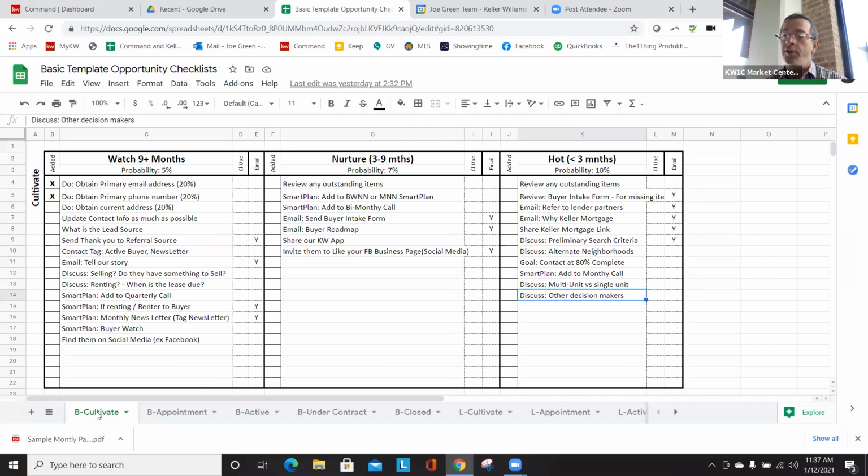Imagine, LaDuina, if all the agents in your market center had this checklist. Think of it from a retention point of view. That new agent that doesn't know what to do now has this very detailed checklist broken down into sub-segments, because if they were to look at it all at once, they'd have no idea what it is and be running fast. But if you have an opportunity to bring that to the agents to say, hey, if you follow this,